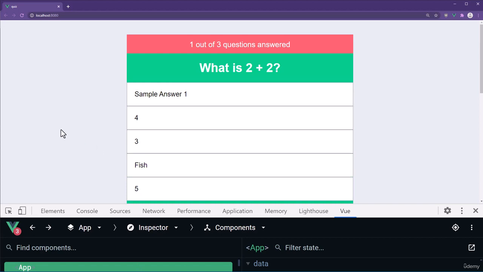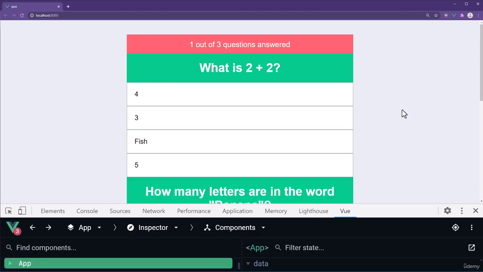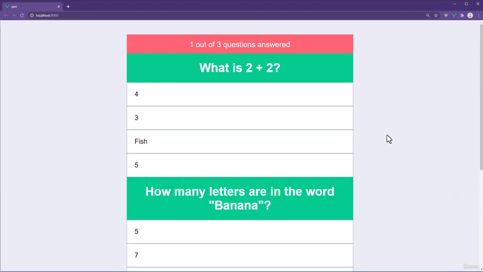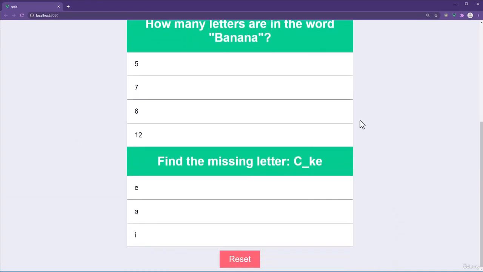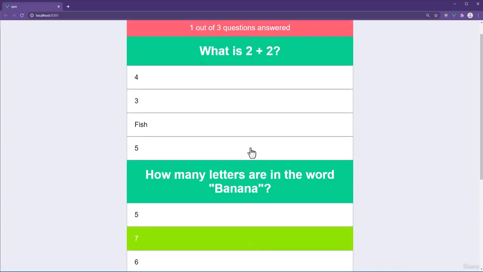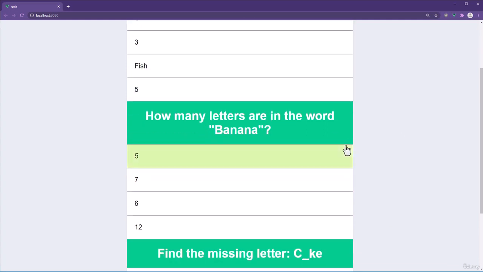Refresh the app in the browser. Vue is looping through the questions. Each question has its answers outputted. We still need to make it so that only one question appears, but we'll get to that in the next